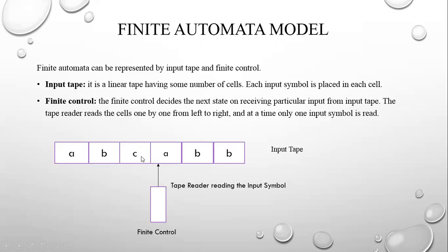This is the tape reader and this is the finite control. Once the finite control reaches the end of the input tape, we can say whether the input string is accepted or not. We have to read the entire string. Once the last alphabet is read, the machine should accept, otherwise it should reject.